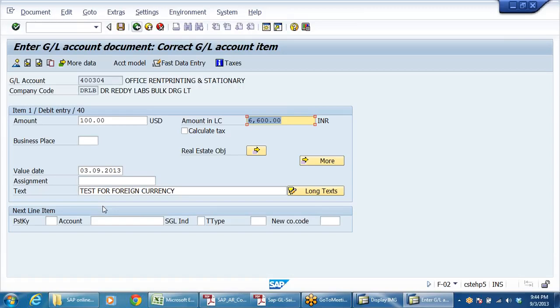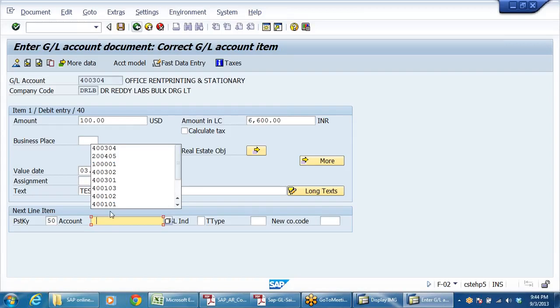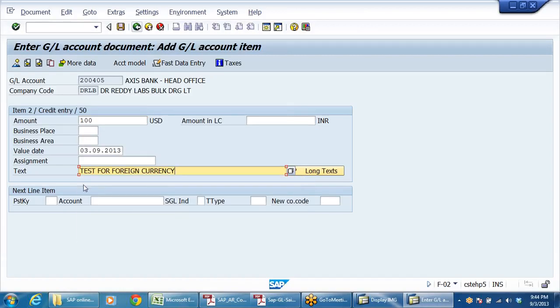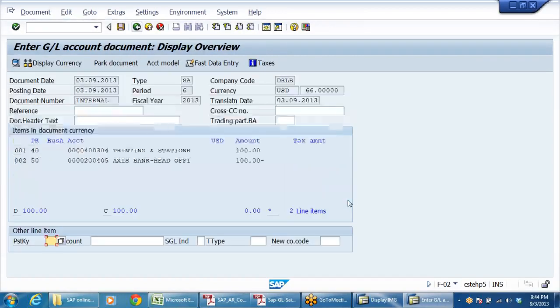Can we give multiple rates like buying rate, selling rate, and average rate? Yeah, that is only for valuation we'll do. I'll show you. Right, here I'm taking my bank account 50200405, same 100. See 100, 100.